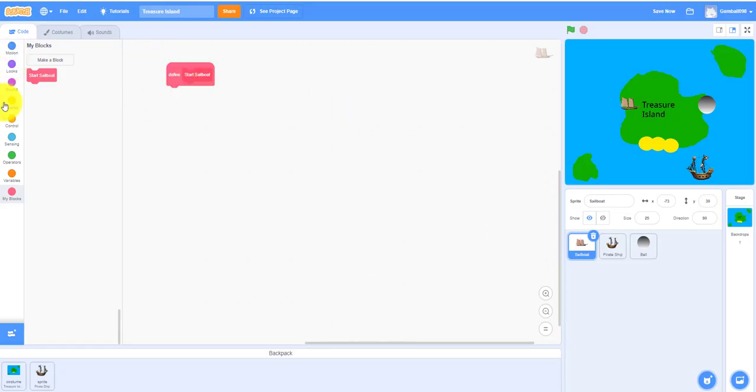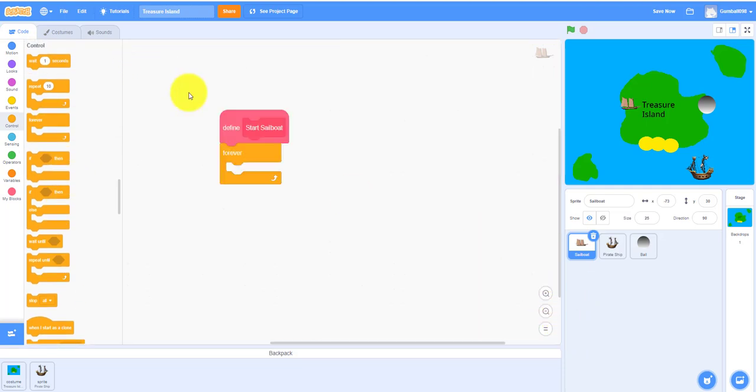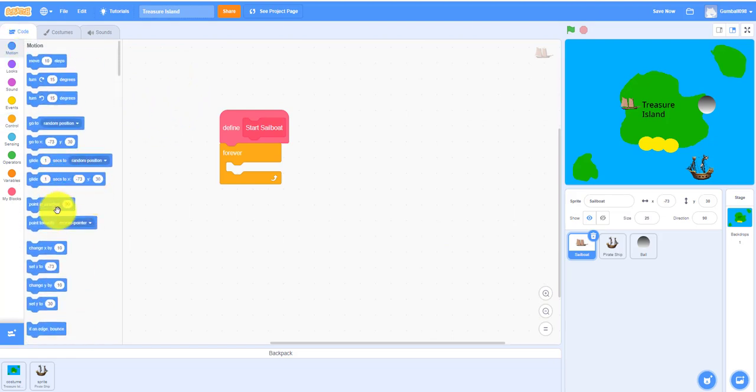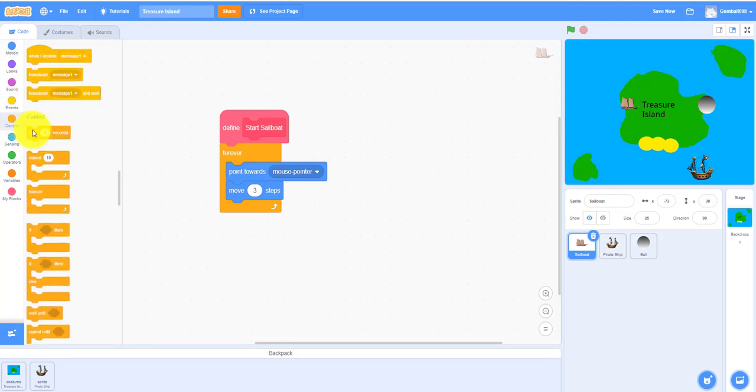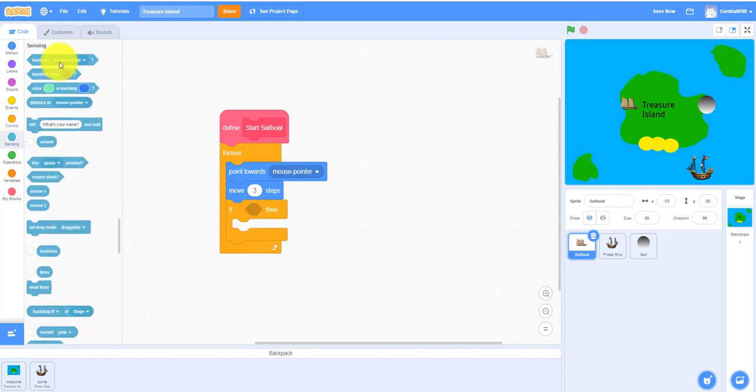So it defines, so you gotta put a forever loop. It'll go to your mouse pointer, because we have to use point towards mouse pointer. Move 3 steps to your mouse pointer. And then you need an if-then statement. If it's touching the pirate ship,